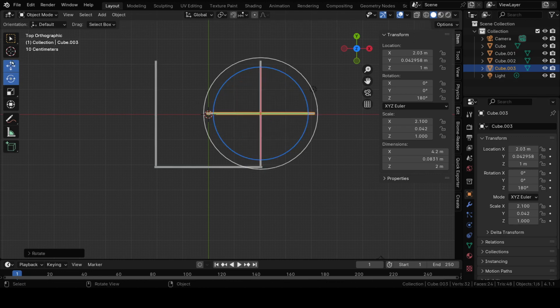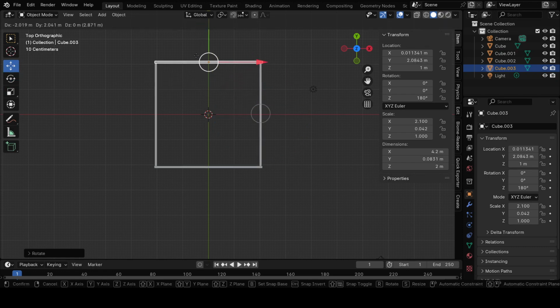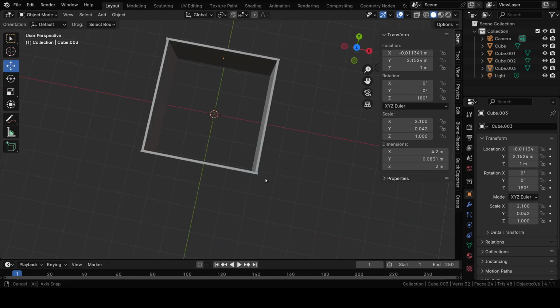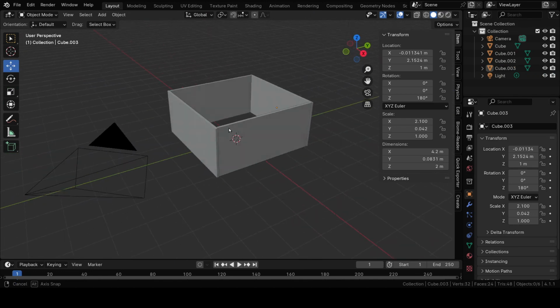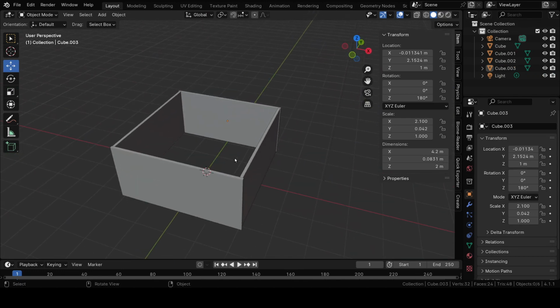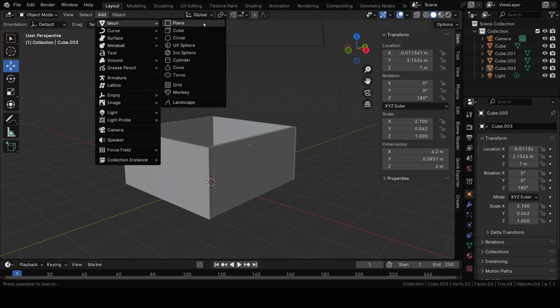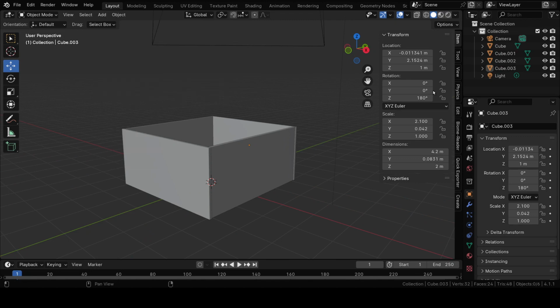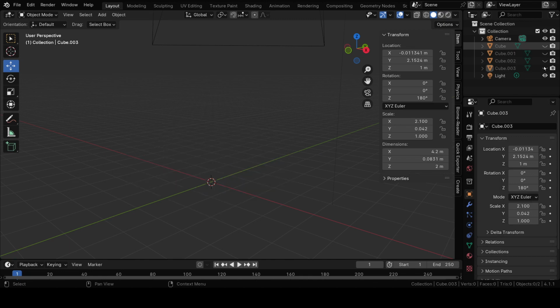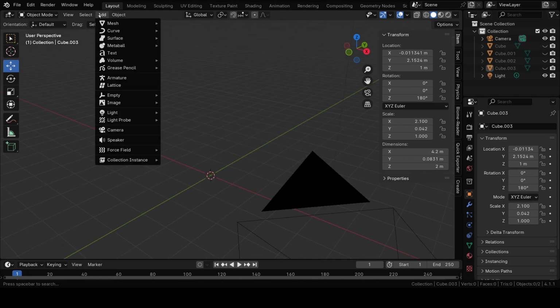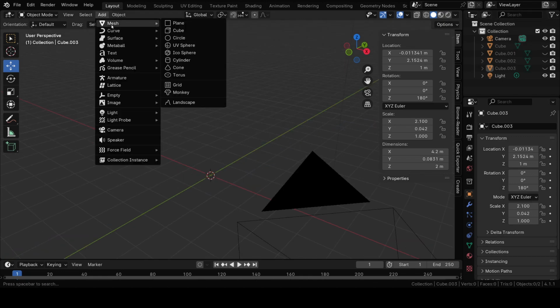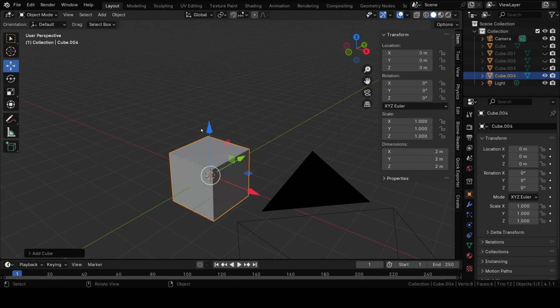Rotate it and keep another wall here. So this thing we have done. Now for the roof, what we have to do is, we can hide this one in the outliner, and then create a cube,